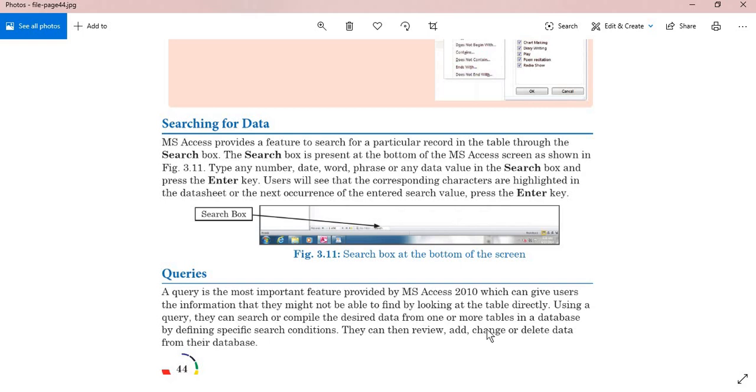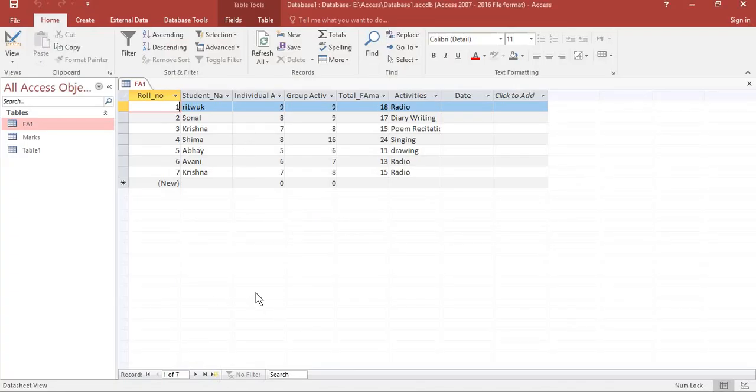Then we can review, add, change or delete data in the database without accessing the table level. We don't have the table right in front of us, but you know what data is inside, so you can access it. Suppose you don't have this table, but I ask you to add one more person, his marks and the favorite activity that person has chosen. Then without even having this table, only knowing the table columns, you can actually add the values through the query. Okay.